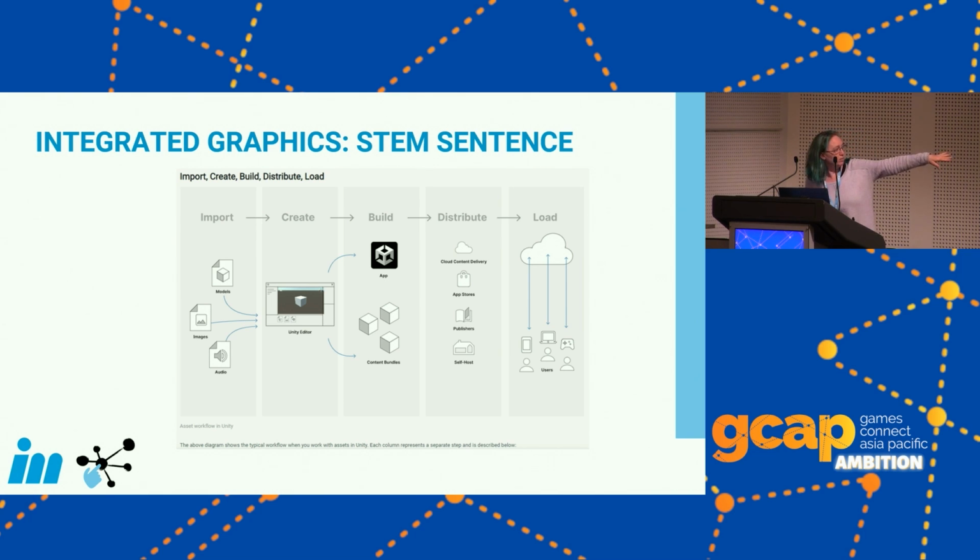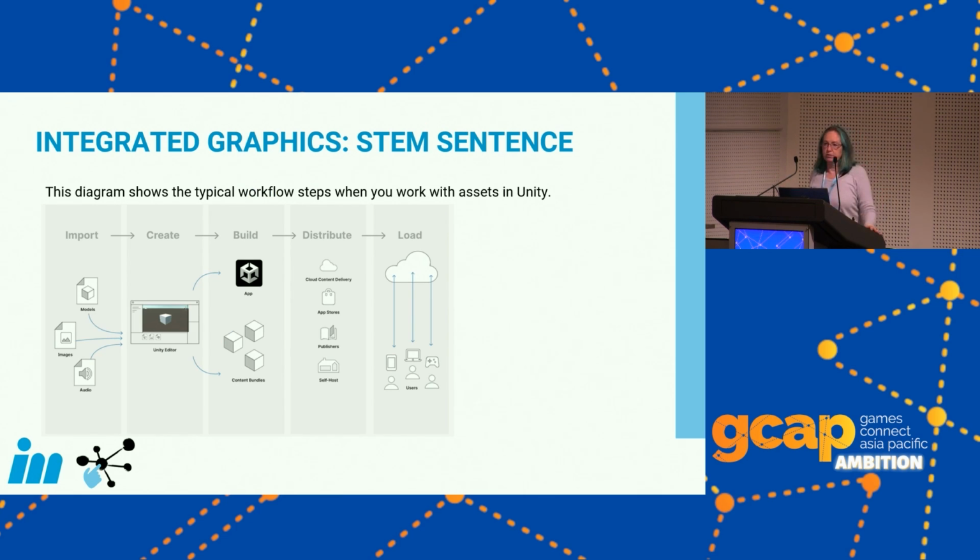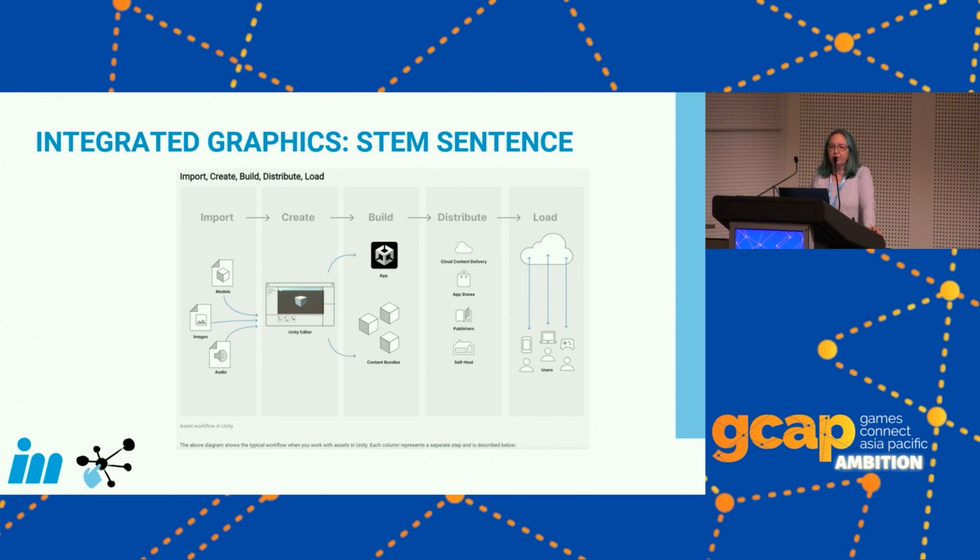It's hard to read probably, but you've got that diagram, which looks quite pretty, and then they explain the above diagram: it shows the typical workflow when you work with assets, blah, blah, blah. So information mapping would start differently. I look at this diagram first, and then I look at the caption, which basically explains what I was trying to work out from this diagram in the first place.